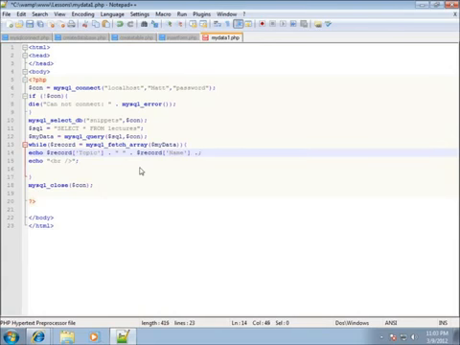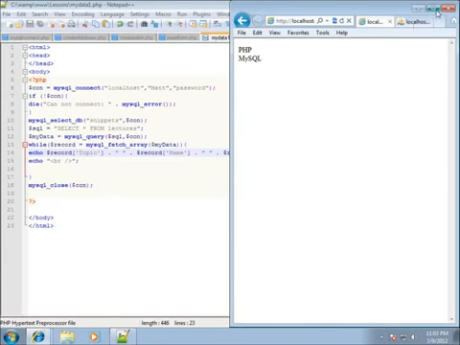And we're going to go ahead and concatenate in another space, and then we're going to go ahead and concatenate in the last field name that I have within my record. So let's see, that's going to be $record, 2 square brackets, and inside the square brackets 2 single quotes, and the last field name that I have is attendance. Alright, so let's go ahead and save that, and let's go ahead and view our page. So I'll go back to this, refresh it, and now you can see that it's got the entire record. It has the topic field, it has the name field, and then it also has the attendance field,